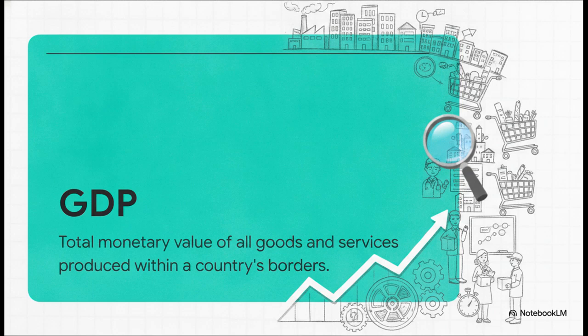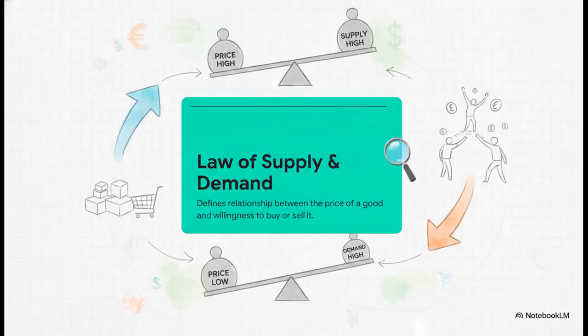Well, they look at GDP. Think of this as the ultimate scorecard for a country's economy. It literally adds up the monetary value of every single completed good and service produced within a nation's borders over a specific time, usually a year or a quarter. It's a quick but super effective indicator of whether the economic engine is thriving and growing or if it's shrinking and sputtering. But here's the absolute kicker.